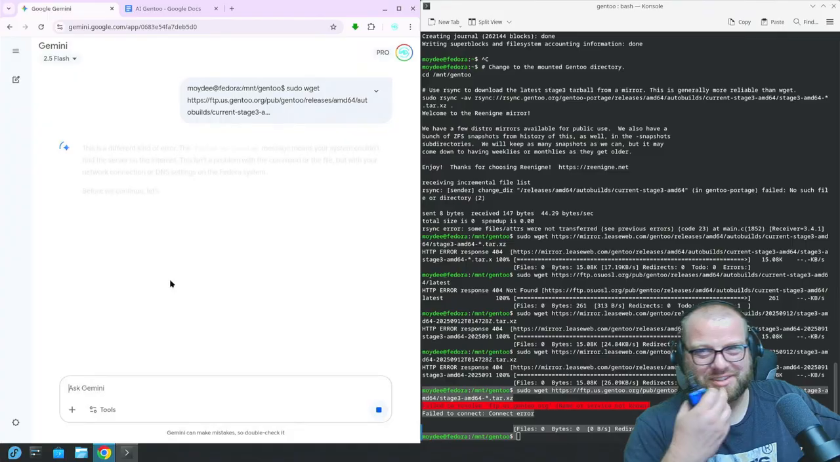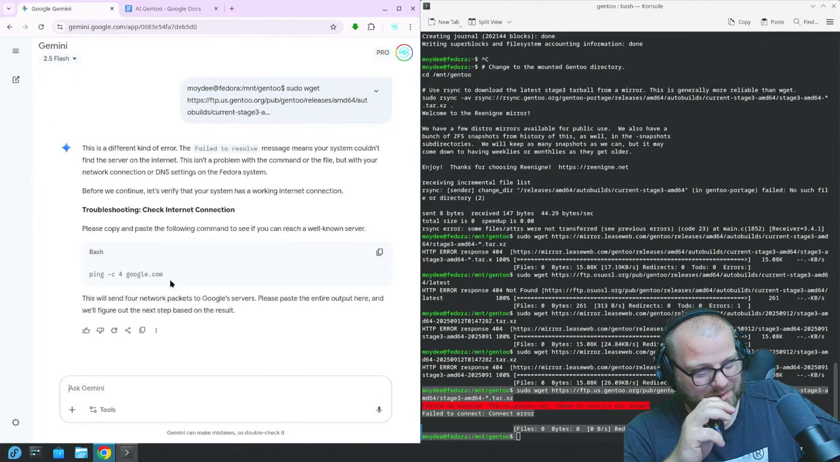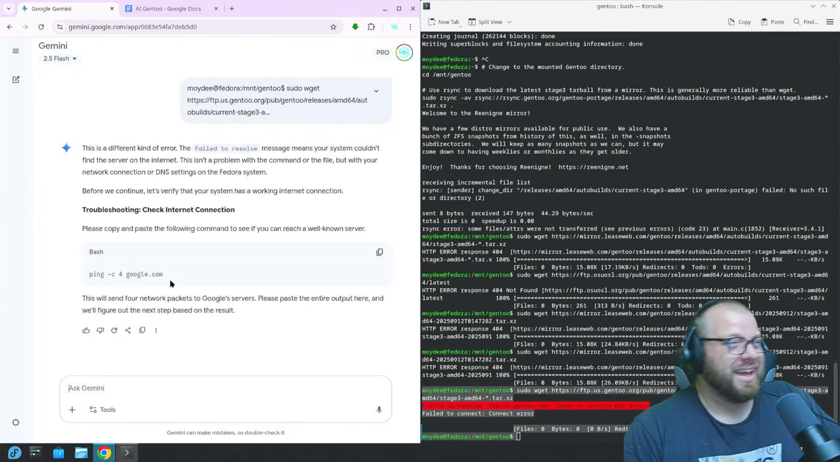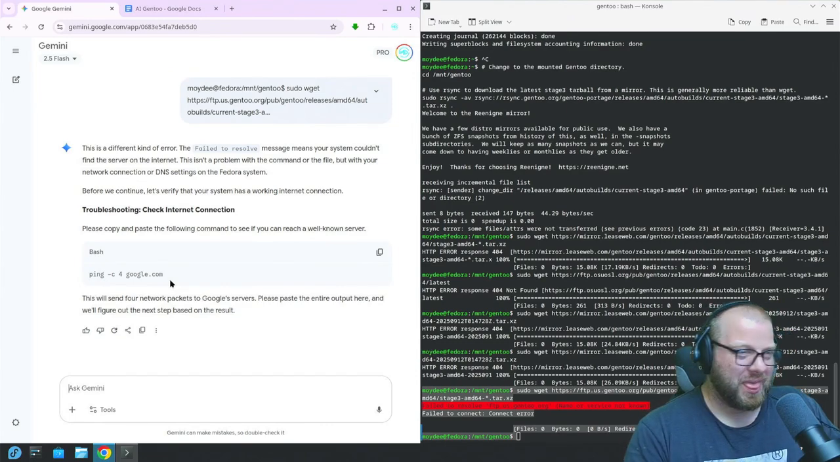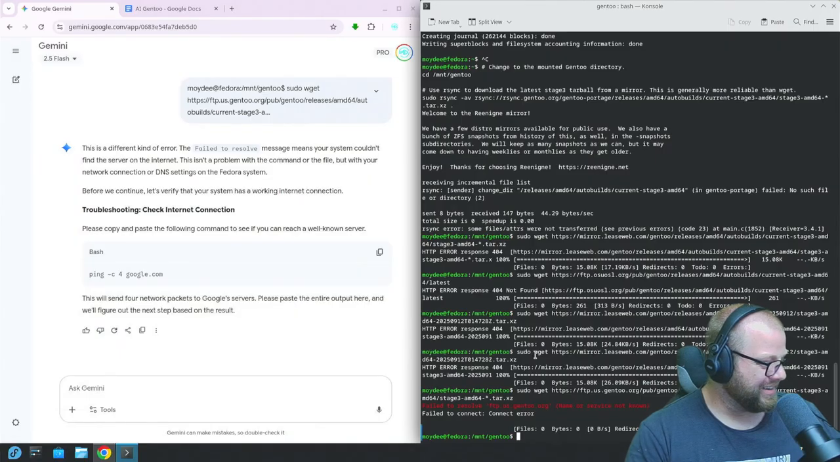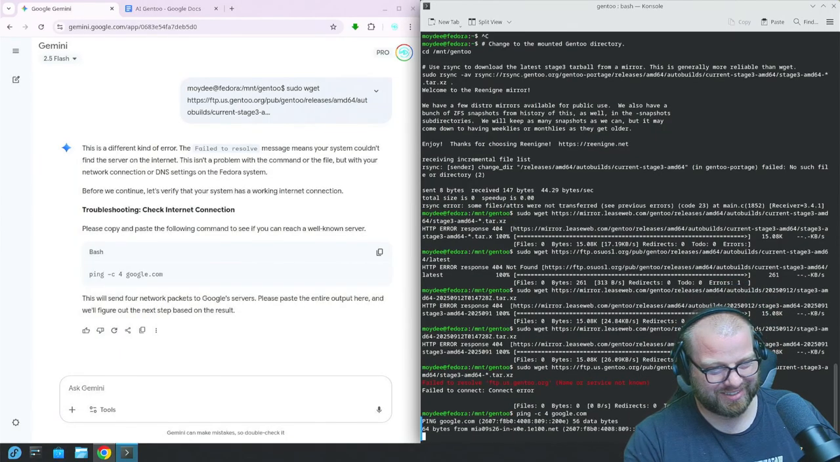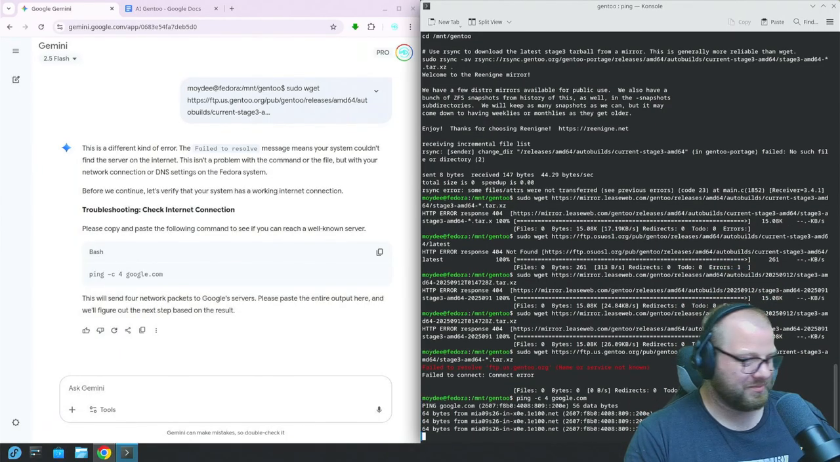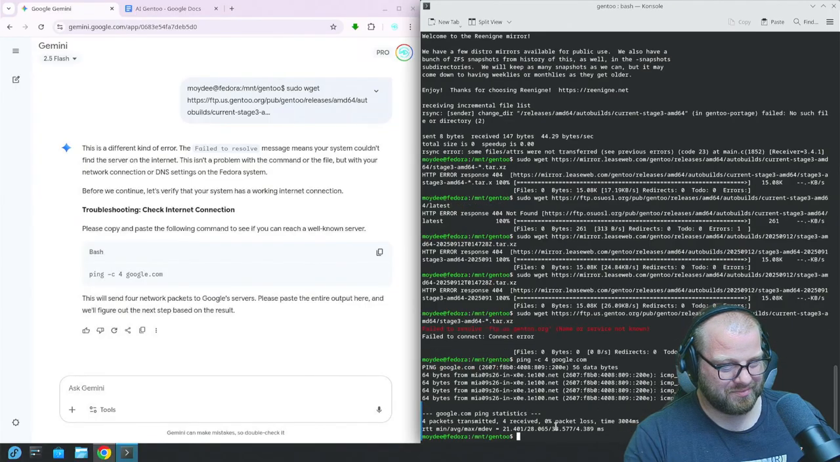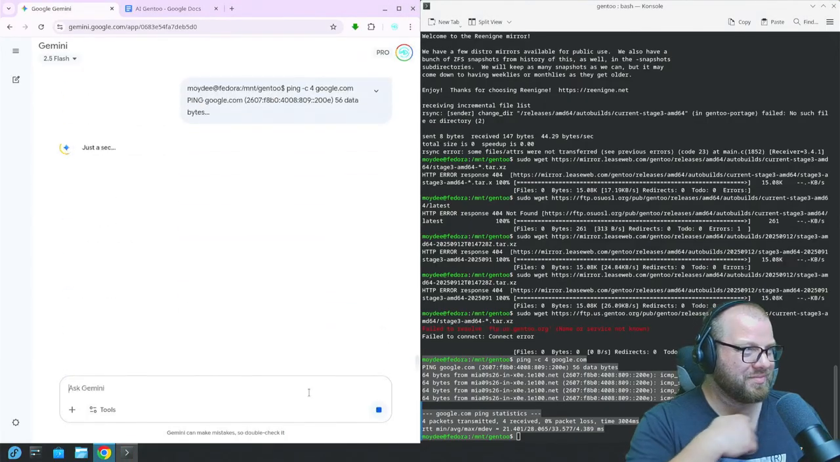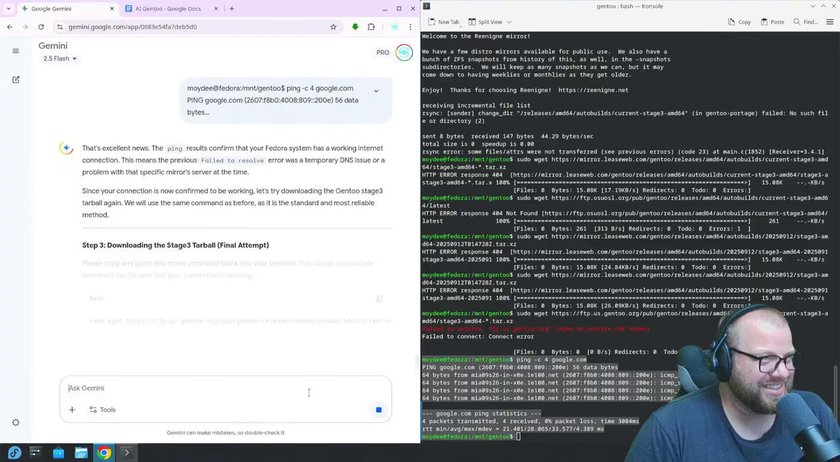This is bad. It's troubleshooting internet connection. I'm talking to you on the machine that I'm using. What do you mean troubleshooting internet connection? It thinks that the internet is